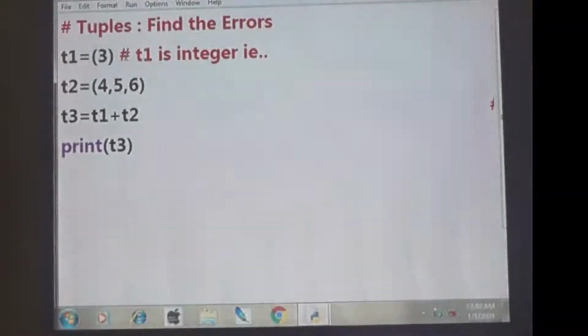Okay, you see, 3 comma, this is a tuple. A rounded bracket should come, then a comma should come. That means this is a tuple. But if you didn't give the comma, then this 3 is an integer. Understand? Okay. So because there is no